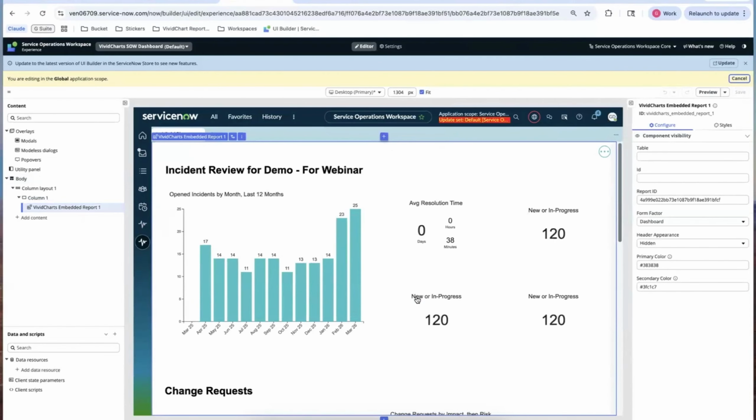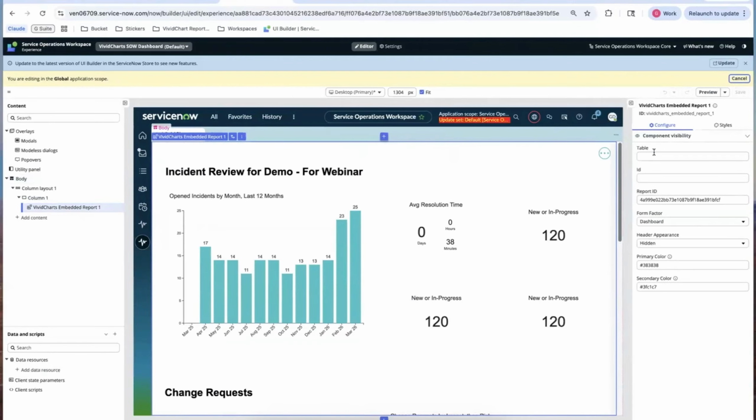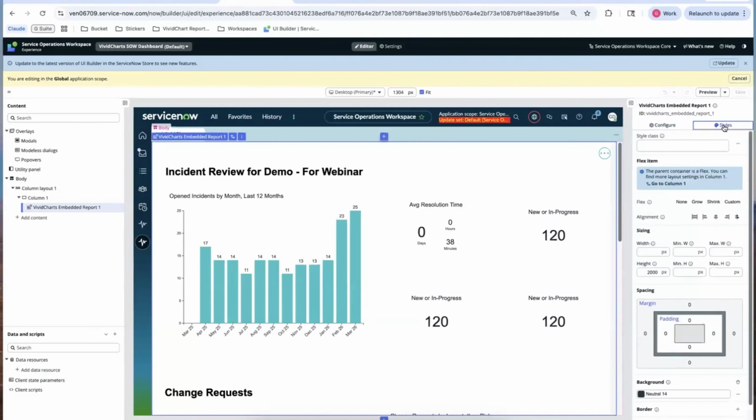And just to show you, here's the report. You've seen this already in the workspace, but the setup is much simpler. Again, because it's just a single report, I just needed the sys ID of that report. I didn't have to worry about table. I didn't have to worry about ID, but I chose the form factor. And then in styles, again, I use 2000 as a height,